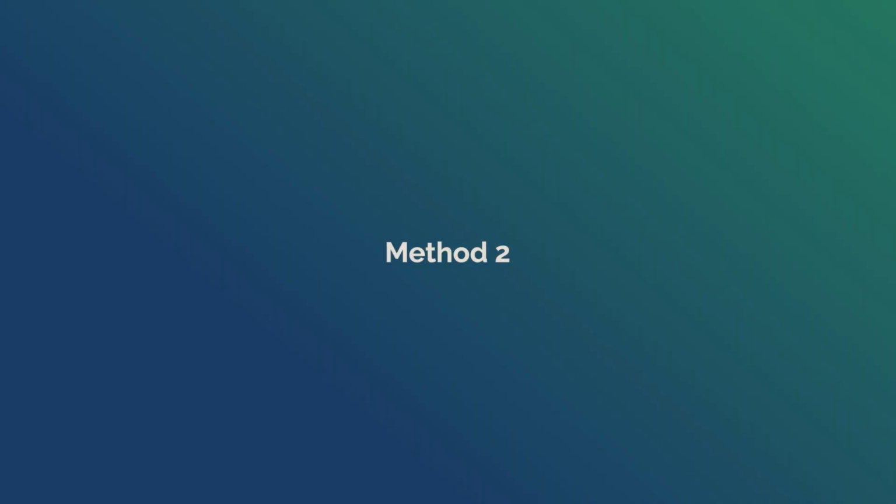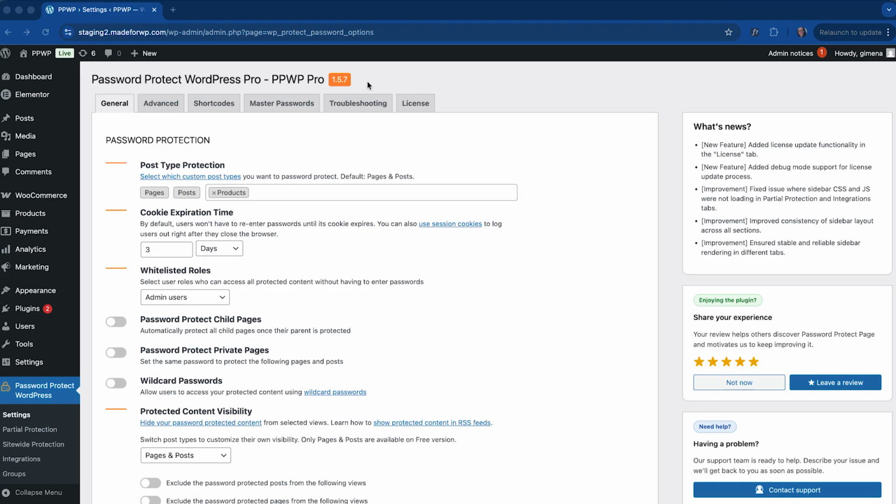Method 2. Change the error message on password-protected content. This second method is for pages and posts protected with the Password Protect WordPress plugin. It works with both the free and pro version. Before you can customize the error message, you need to have at least one page or post already protected with